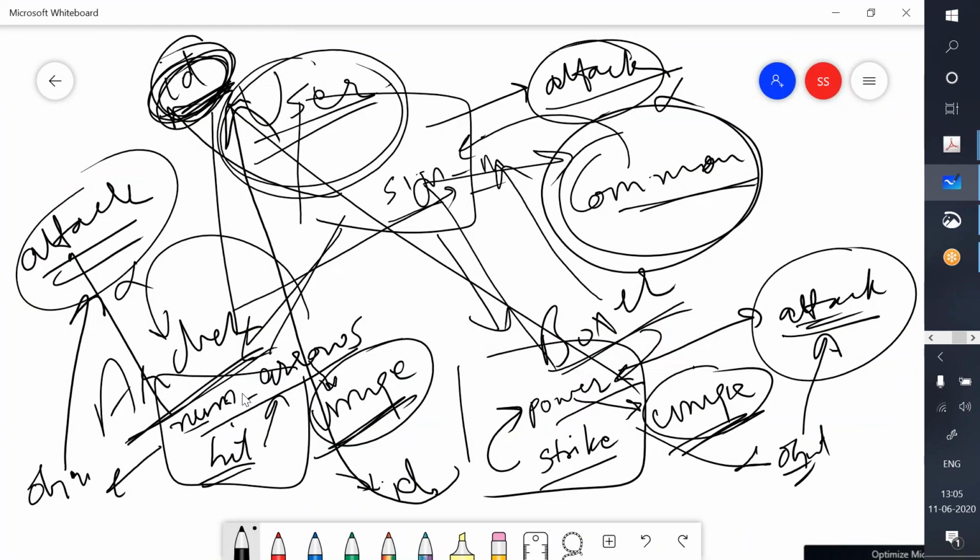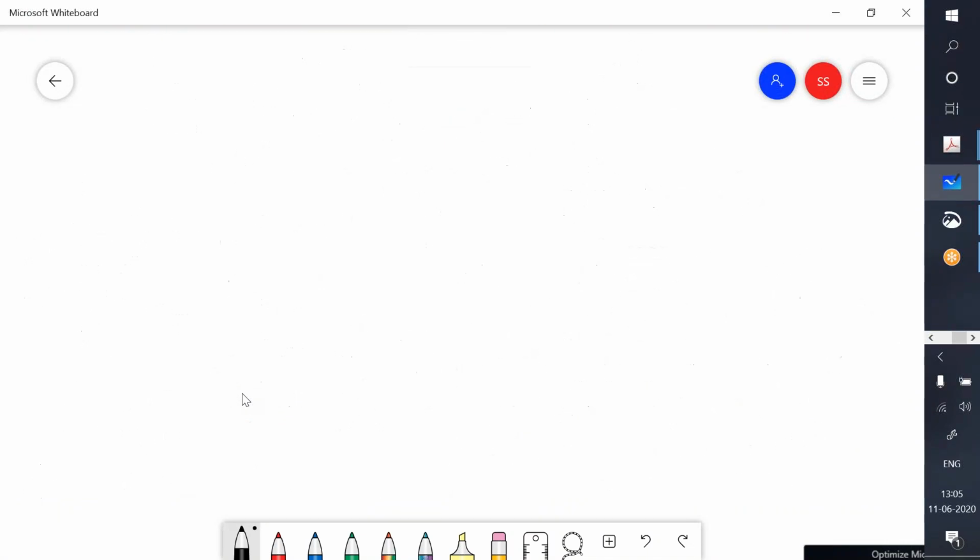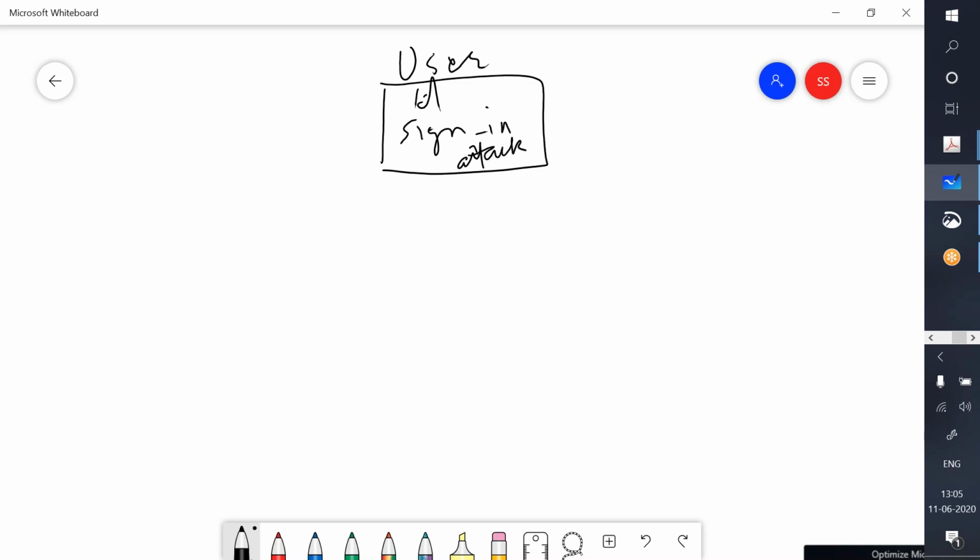Now, if you look at our inheritance hierarchy now, a lot of cluttering. Let me delete this thing and redraw the figure. It was like this. We have created a base class called the user class, and in this user class we have ID and a sign-in function and an attack function also.